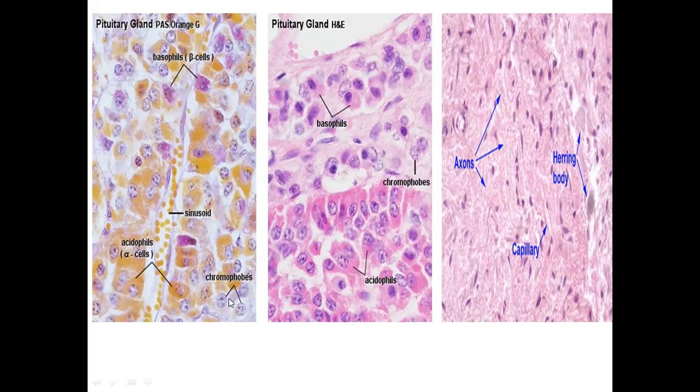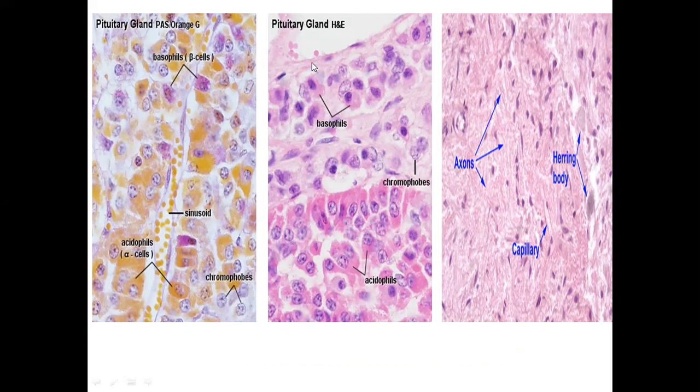And around these cells there is a third population of cells which are not getting a very distinct stain. The cytoplasmic content is not stained, only the nuclear part of the cell is getting the proper basophilic stain, but the cytoplasm around the nucleus is not getting any proper stain. These are termed as chromophobes.